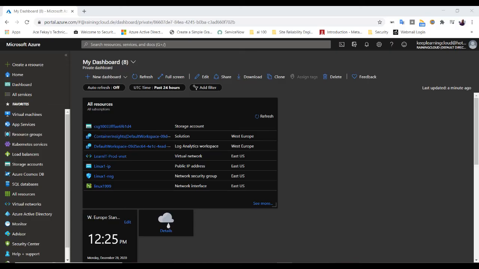It's pretty easy to use the portal to create Azure resources, but it is